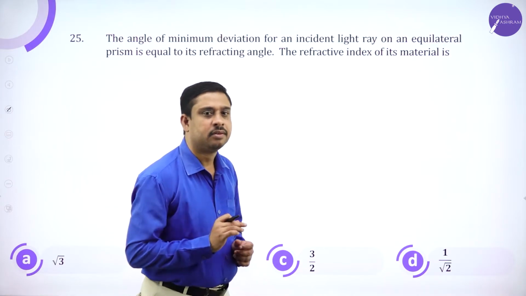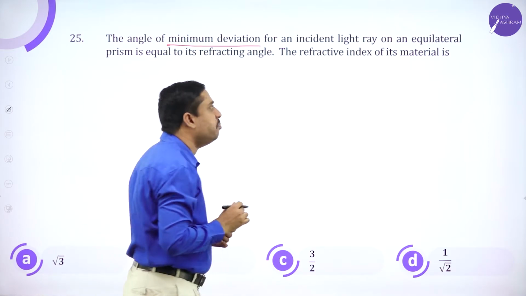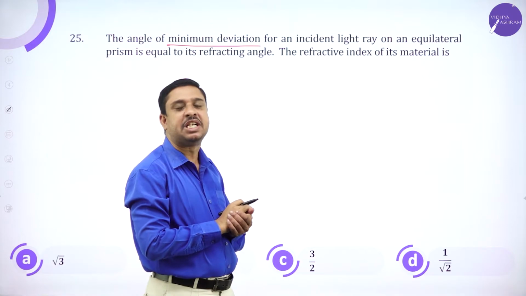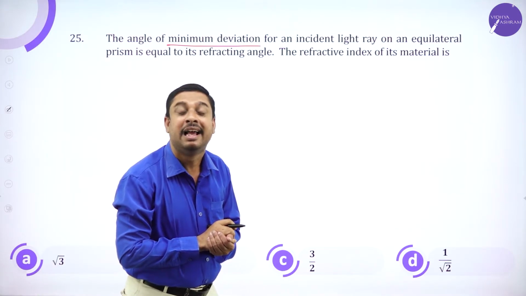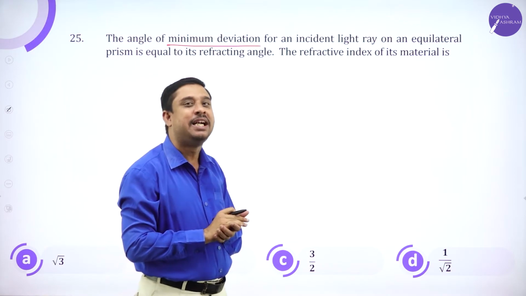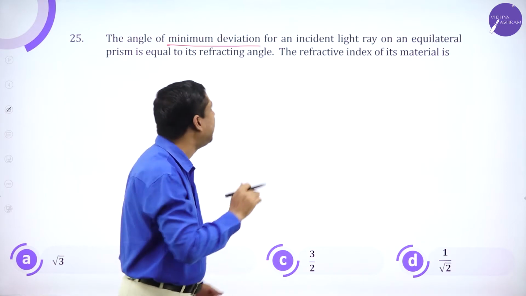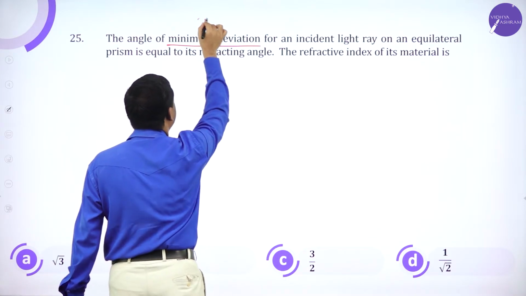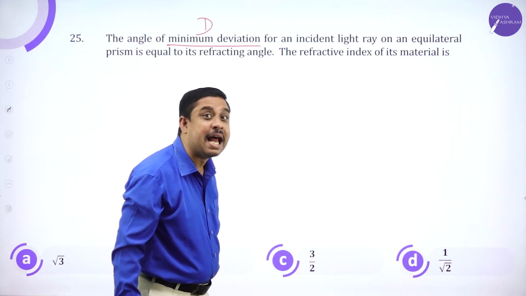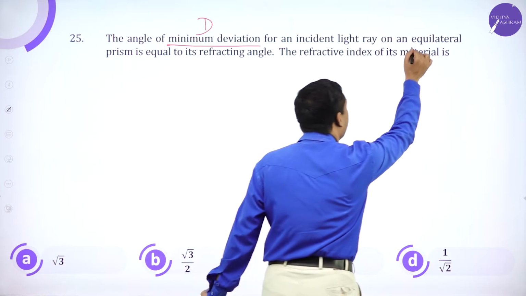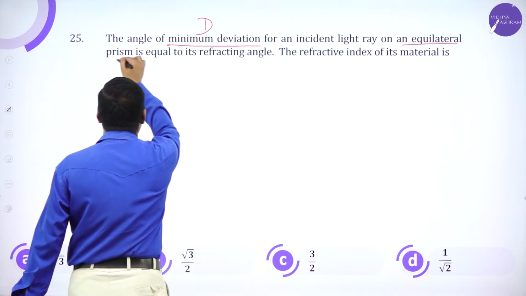Now, the angle of minimum deviation, small d or capital D? Very good. Capital D, small d, angle of total deviation. So small d for an incident light ray on an equilateral prism,